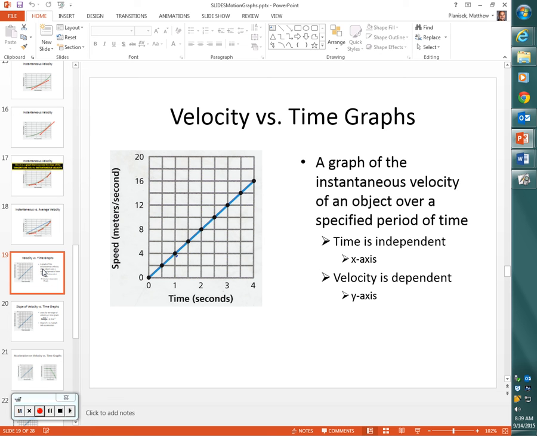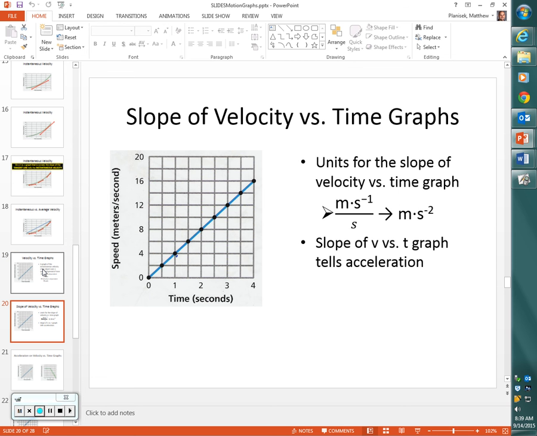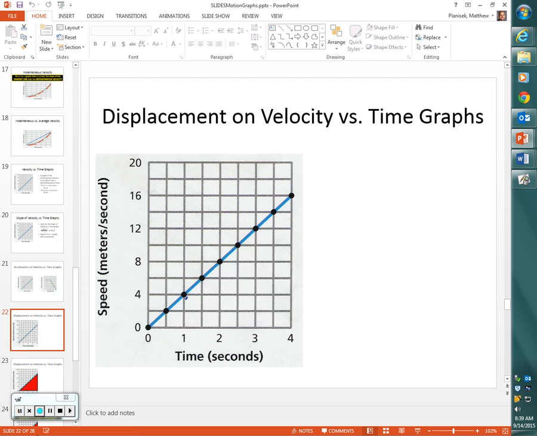But we can also get two more things out of a velocity versus time graph. Yusuf, what else? Acceleration by measuring the what? What feature of the graph tells us the acceleration? The slope of a velocity graph tells us acceleration, okay? But then we can also figure out what from a velocity graph? The displacement, right? So slope on a velocity time graph tells us the acceleration, but